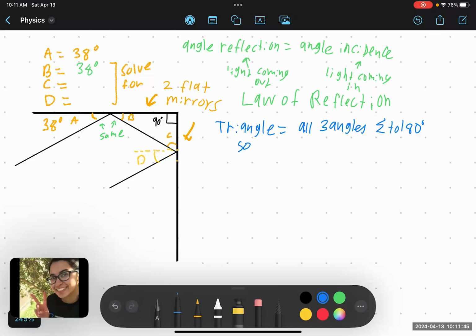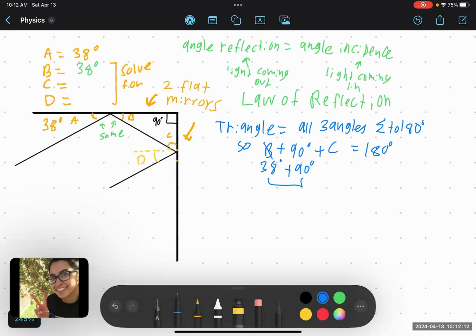So in this case, we have B plus the 90 degrees plus C should all equal 180 degrees. We know that B was the same as A, so 38 degrees, which those two will combine to get us